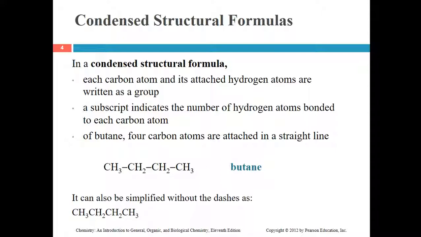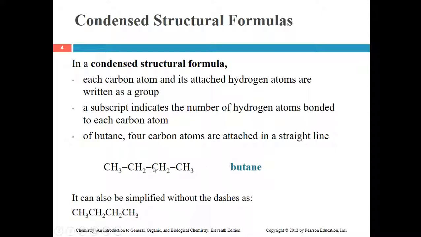So that means, since we know carbon always likes 4 bonds, it only has a spot for 2 hydrogens left. That's why there's only 2 hydrogens here. And so of these 2, one would be up here, one here. But we're not going to take up all that space, and we're going to write them condensed next to the